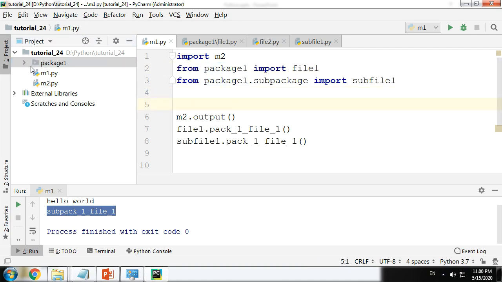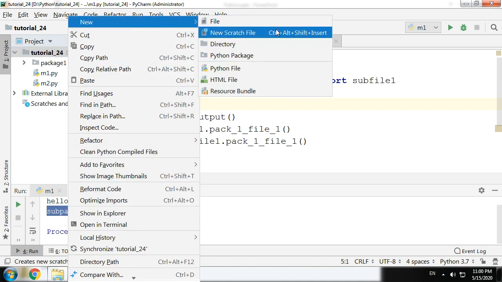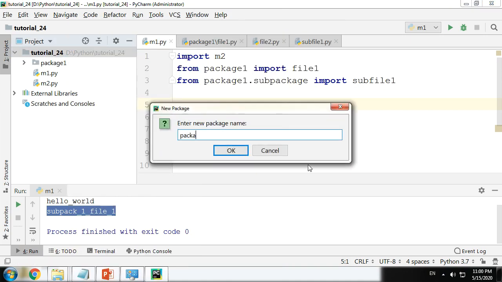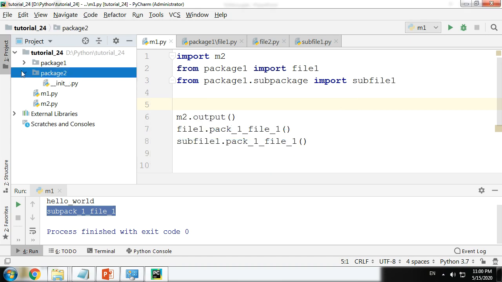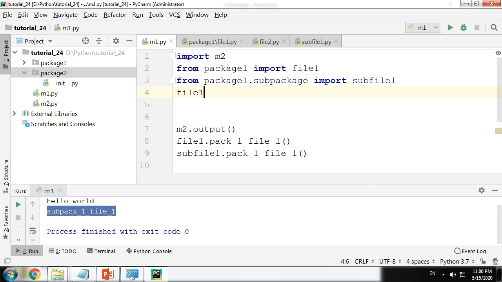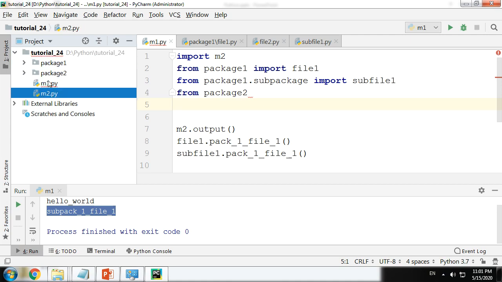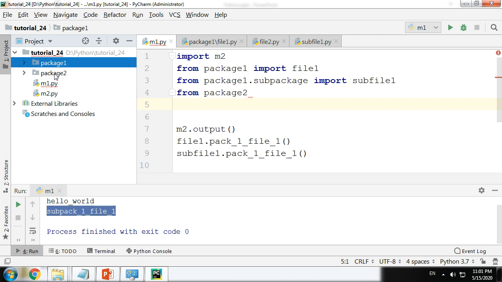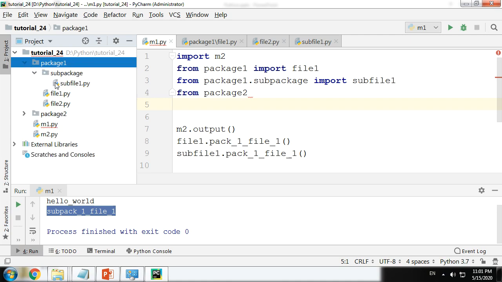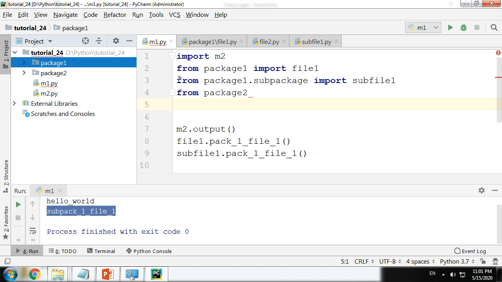What I mean to say is, even if there was a different package here by the name of package 2 and you had to import something from package 2, you would eventually have to start from the parent folder or from the root. The root over here basically means all the files and folders which are present in your root directory. So the files and folders in my root directory are package 1, package 2 and these two files right here. When we import, we start from here and then we go all the way till the end. That's the way we are importing till now.